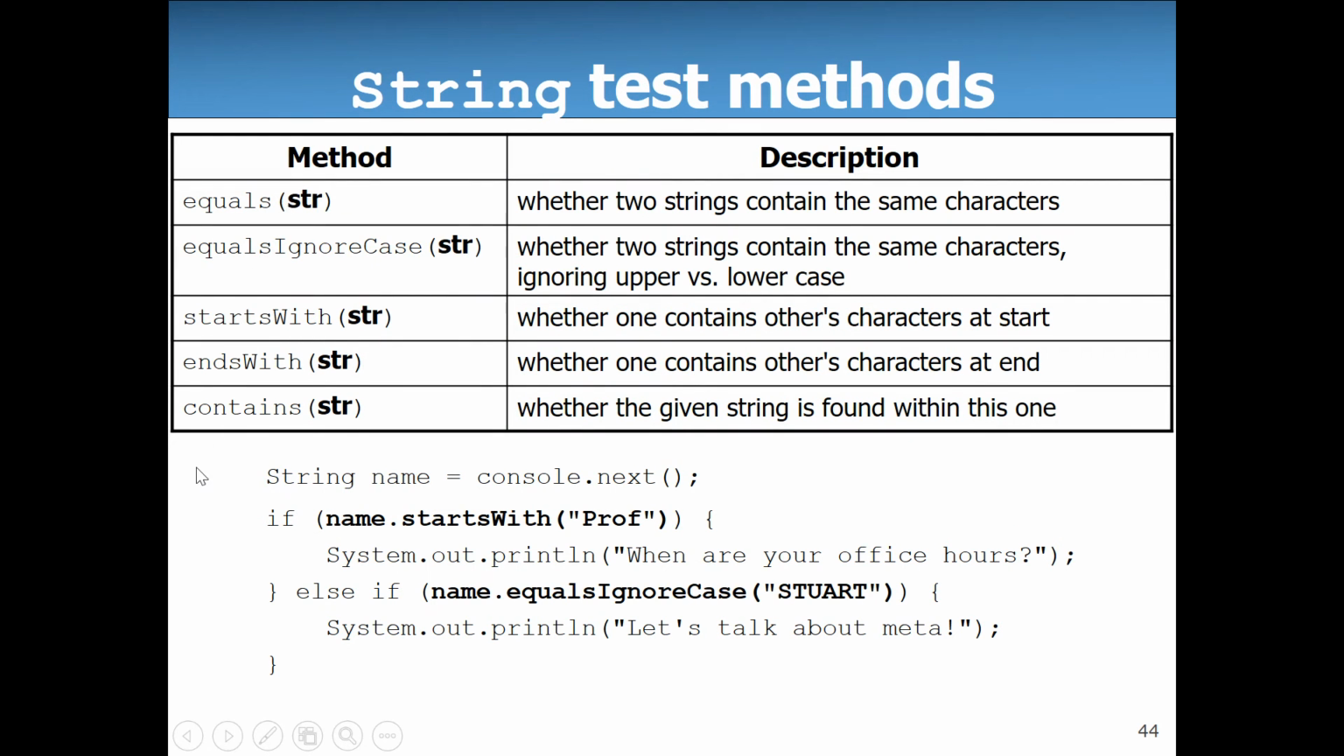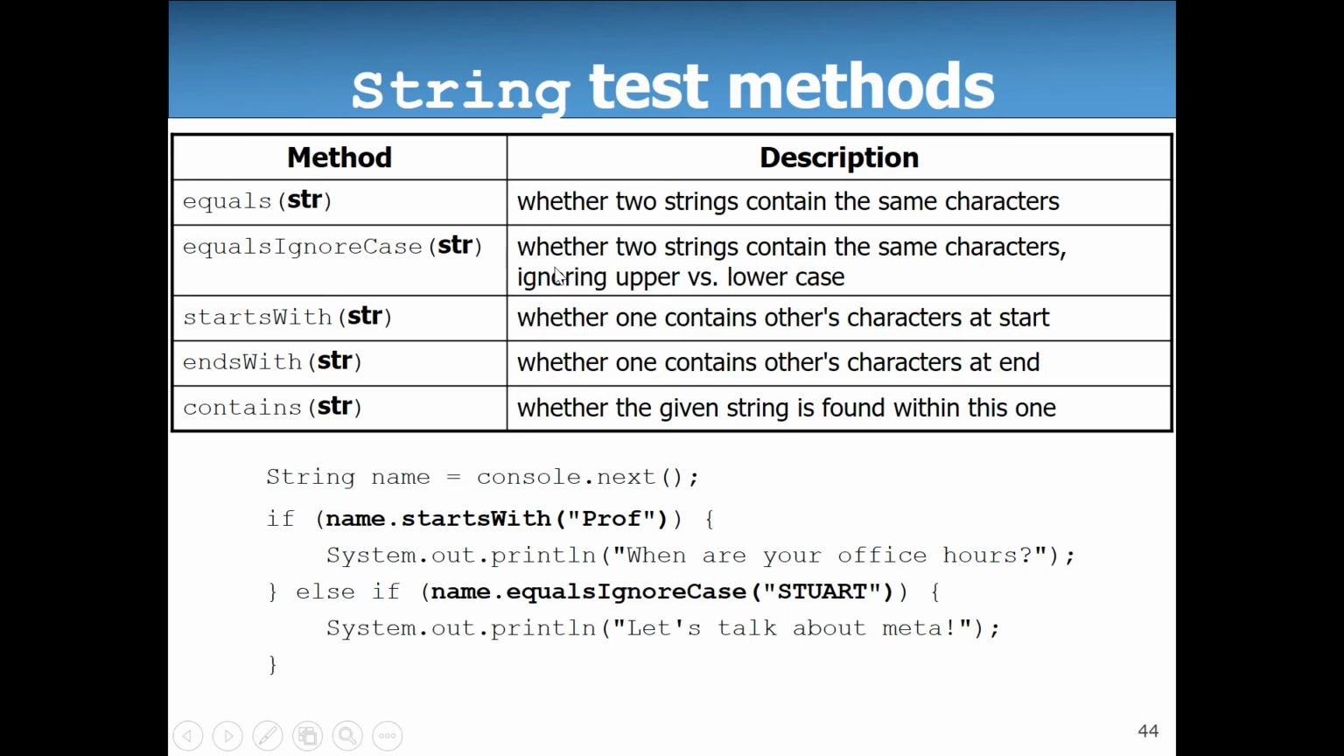And here's a bunch of useful stuff, though. Since we can check if two strings are equal using dot equals. Every object, by the way, has a dot equals, even Scanner. So you can check if two scanners are equal to each other. But here's the other stuff. You can check if two strings are